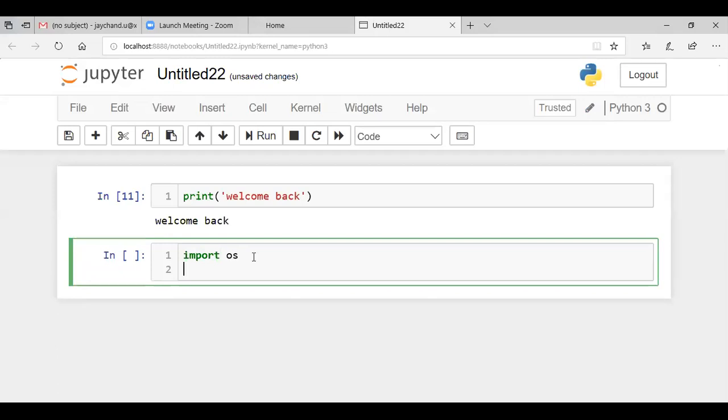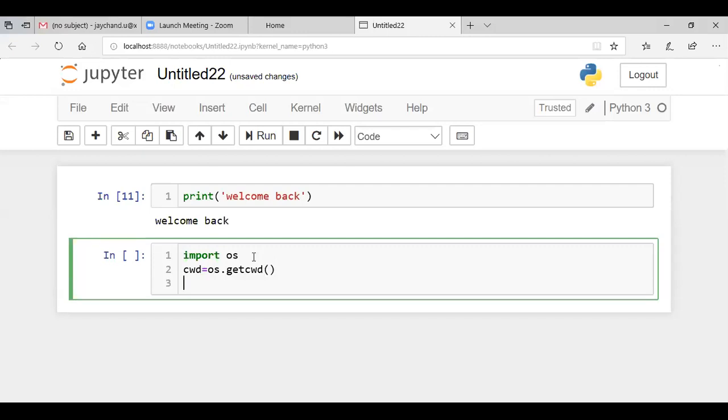In order to know the working directory, we have the inbuilt method os.getcwd, get current working directory. We want to print it, so let us store it in some variable, say cwd, and then we can print it. So let's see this.